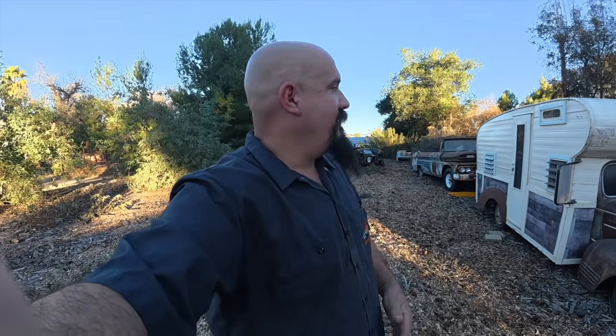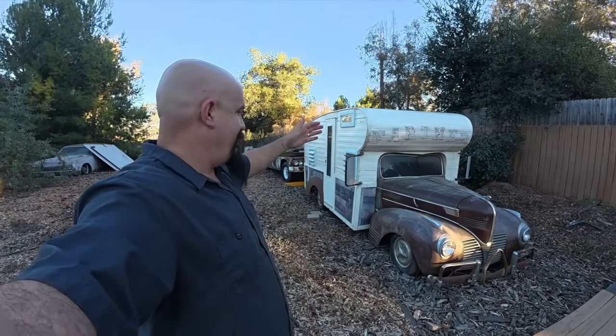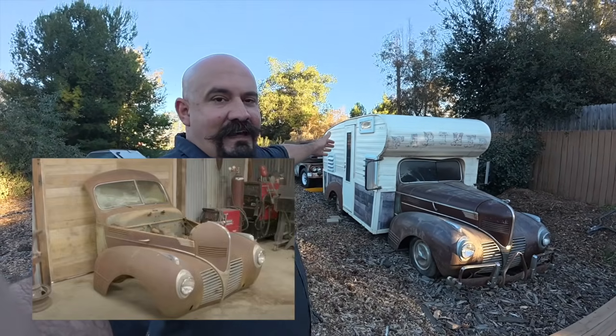Today we're going to be taking a look at another car in our collection, something that we would love to do something with in the future. I got it, not sure what to do with it. I was just going to use it as it was intended, which is as a pool house. And you go, pool house? What the heck? What car are you talking about? And I've got Farther here, the Ian Roussel half Dodge, half camper